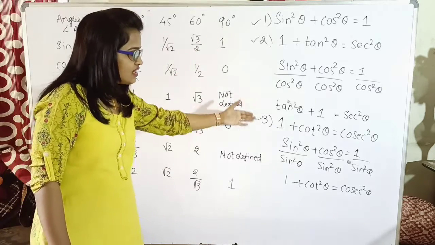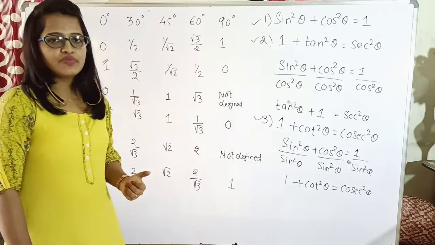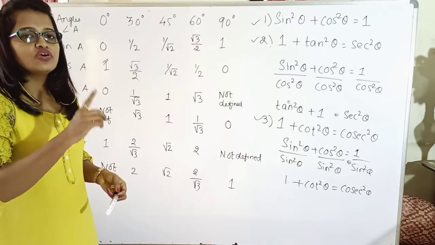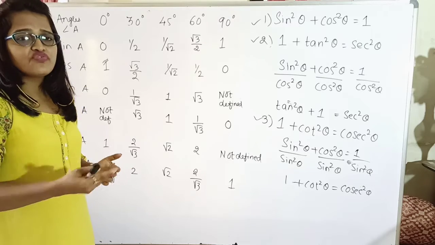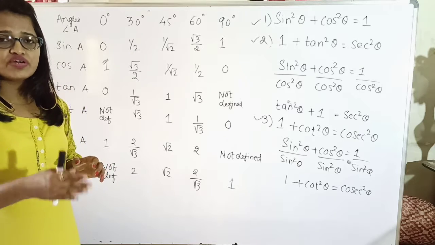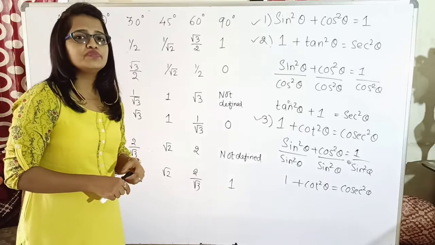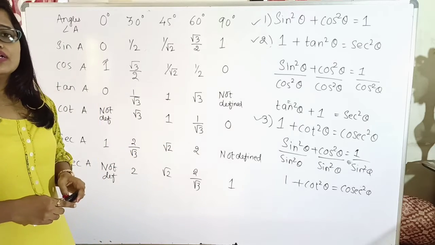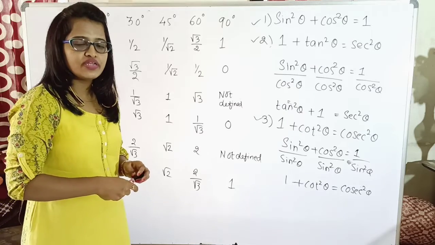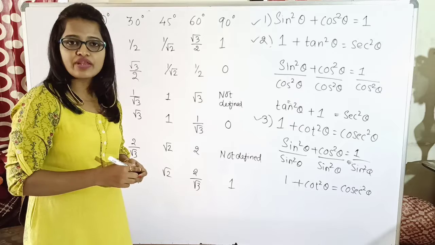Further, we have seen the algebraic identities. So the application of trigonometry is whenever you have to find the length or height of a tower, or you have to find how far a building or an object is. In that case we will be using these trigonometric values. So in your next topic, applications of trigonometry, you will see how exactly the trigonometric values can be used.